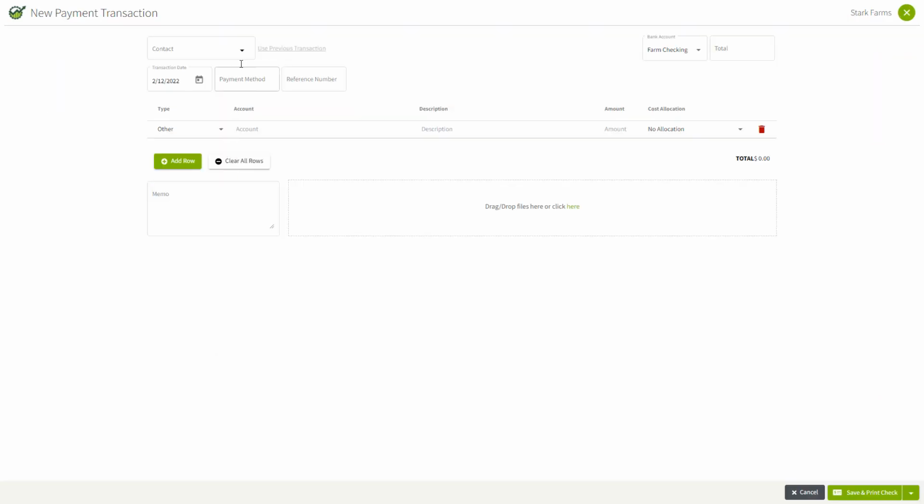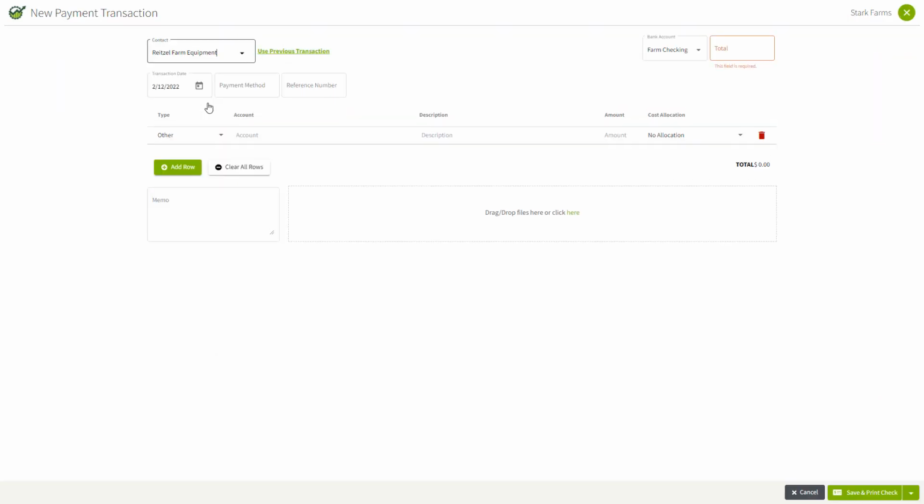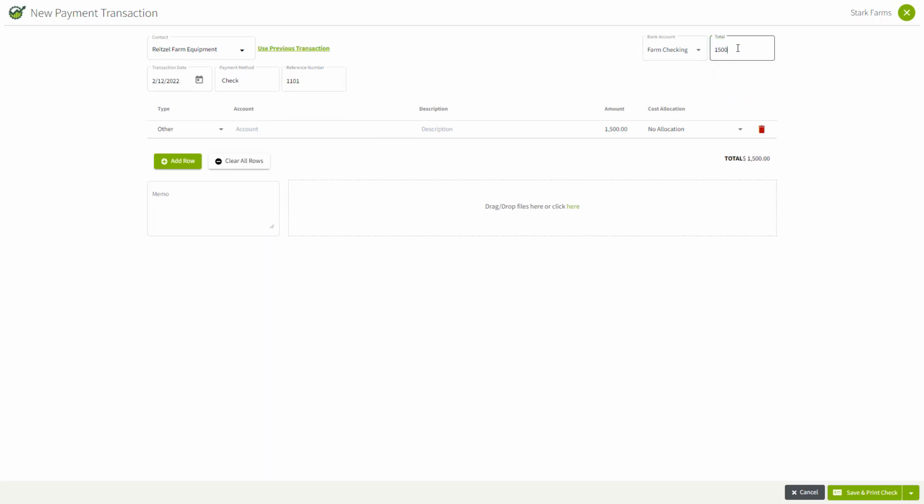purchase. In my example, I'm going to pick out my contact and I'm going to record this as a check and then choose the amount up above. What you want to do here is under Type, choose Other, and then for the account, find the associated equipment account. And you'll find that if you go down to Assets. In my example, it's called Farm Machinery, and I can go ahead and type in the name of this piece of equipment,